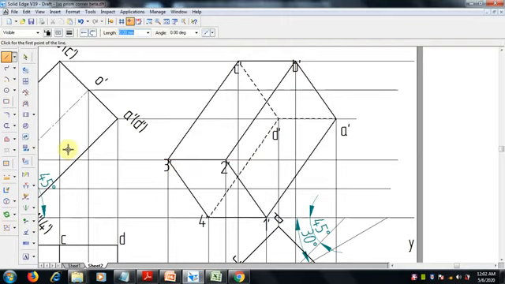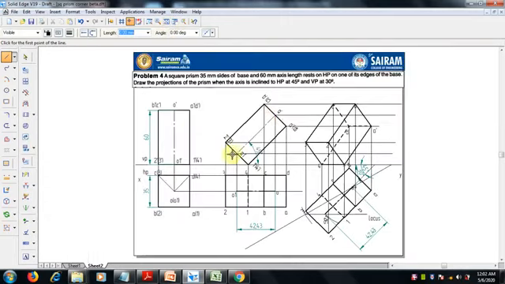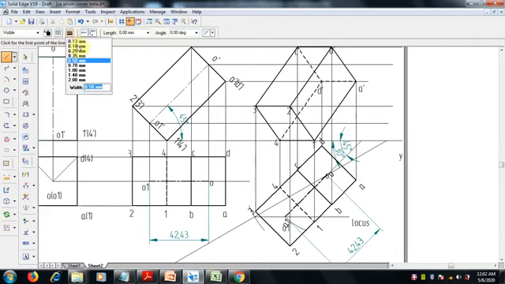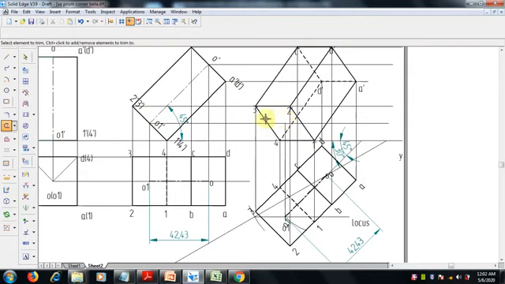Then we have to draw the axis line, only that is pending. So O1 is already here, O dash is here, only thing is we have to draw from the top view. So top view, select line thickness thin 0.13, end of this. Okay, let me draw from the end of this vertically up to this. Go for the trim option, trim it. So this is over, and from here the top of the axis up to the O dash, it's over.